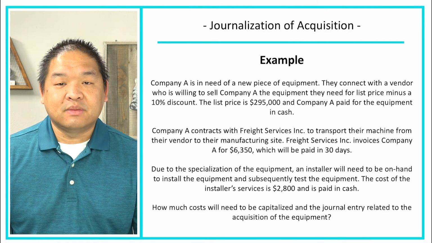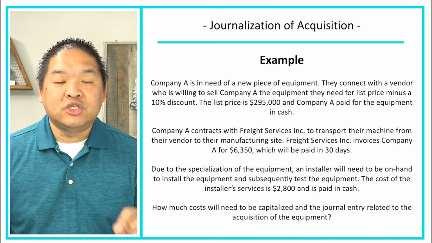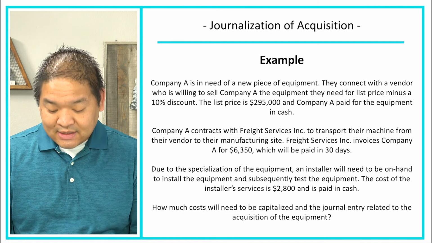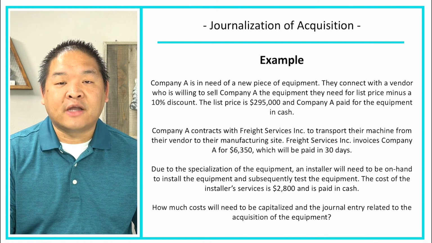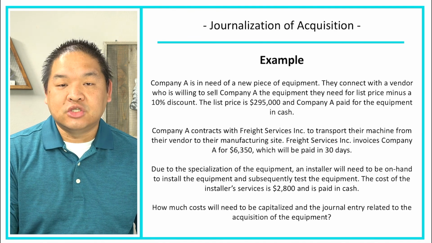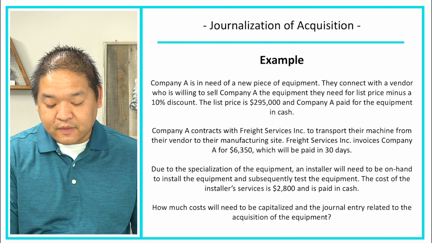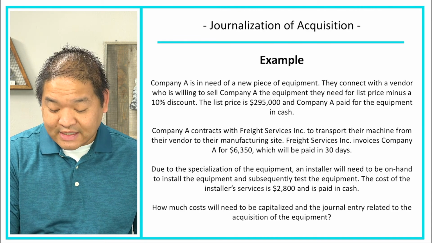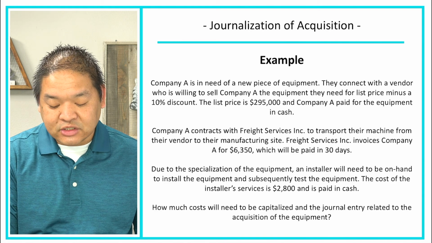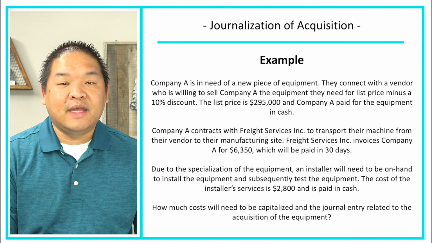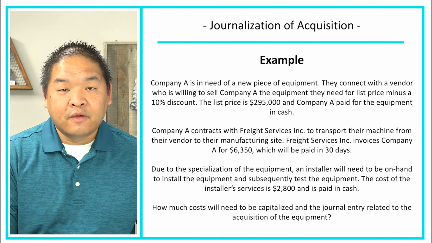So we're going to make it easy and simple. They're just going to pay it in cash. They're not paying $295,000. They're paying $295,000 minus a 10% discount. Now, Company A needs to get that equipment from that manufacturer to their site. To do so, they contacted Freight Services Inc. to transport their machine from their vendor to their manufacturing site. Freight Services Inc. invoices Company A for $6,350, which will be paid in 30 days. So no cash was exchanged here. So we're going to have to book a payable for the amount of